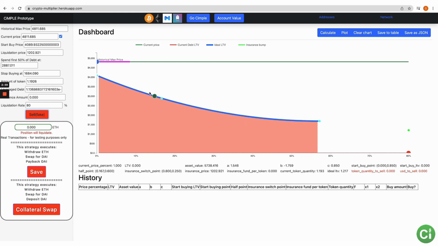And there's lots of other little intricacies, but the main thing is you've got this ideal loan to value, okay? You define it based on when do you start buying, when do you liquidate, when do you stop buying. Again, the difference between a liquidation price. Liquidation price is when they're actually going to start selling your assets in order to pay down the debt, which is a terrible situation to be in. If you bought your assets at $3,500 and they're forcing you to sell them at $1,200, they're forcing you to take a loss. Don't, that's the worst situation. Don't get yourself in there. Watch the other videos on insurance and understand how that works, right?